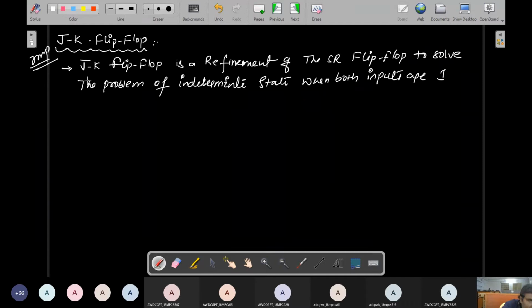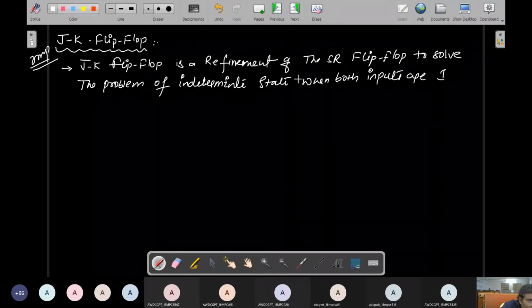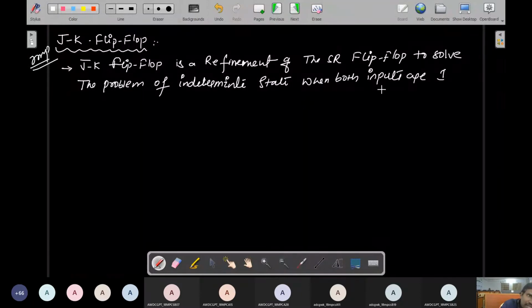See, this is a very important point. JK flip flop is a refinement of SR flip flop to solve the problem of indeterminate state when both inputs